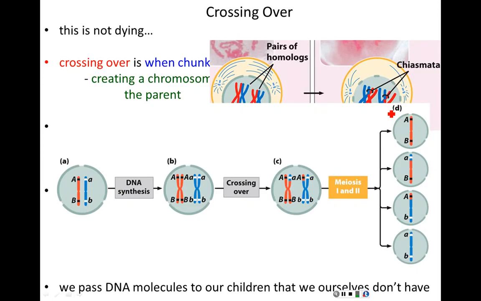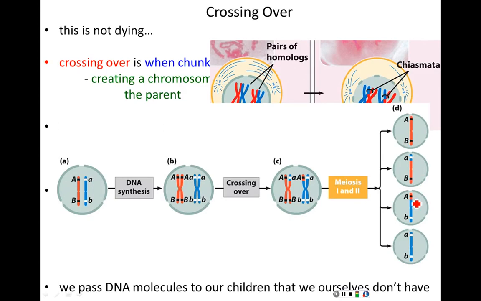variability in our species. So after some of this crossing over, here's the parental cell, one chromosome from dad, one chromosome from mom, dad in orange, mom in blue. We have DNA synthesis in interphase, so now we have sister chromatids. In prophase 1 of meiosis, we have crossing over due to synapsis, and now after meiosis 2, we have 4 new cells. One cell has dad's entire chromosome. One cell has mom's entire chromosome. One has one that is largely dad's with a piece of mom's, and one has one that's largely mom's with